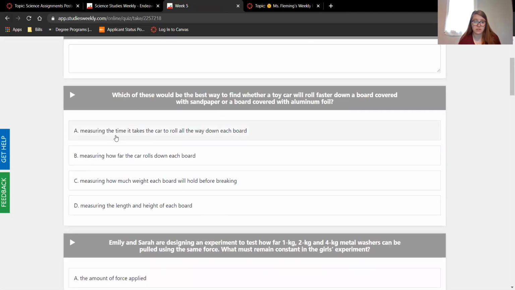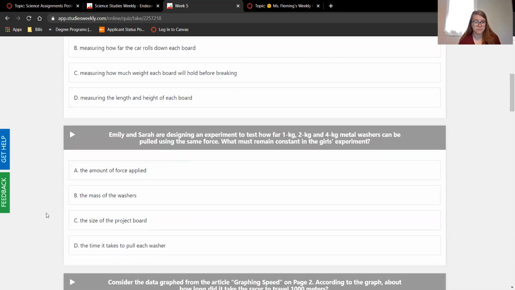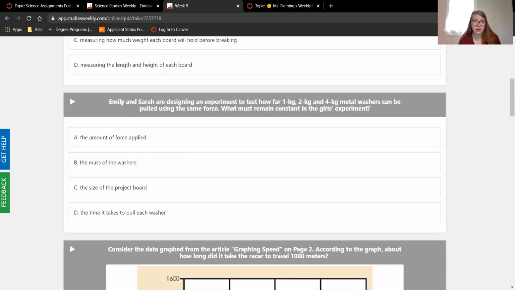Would it be A, measuring the time it takes the car to roll all the way down each board? B, measuring how far the car rolls down each board? C, measuring how much weight each board will hold before breaking, or D, measuring the length and height of each board. The next one, Emily and Sarah are designing an experiment to test how far 1 kilogram, 2 kilogram, and